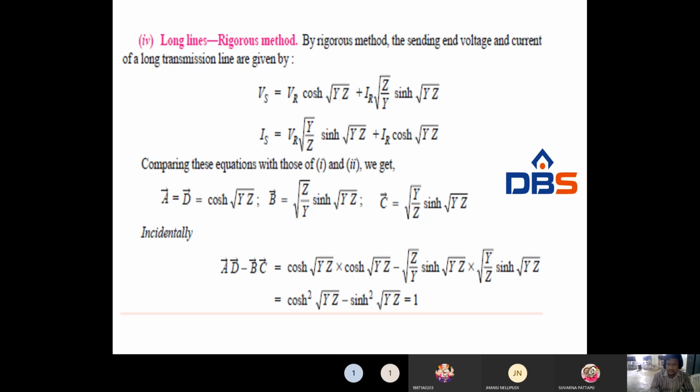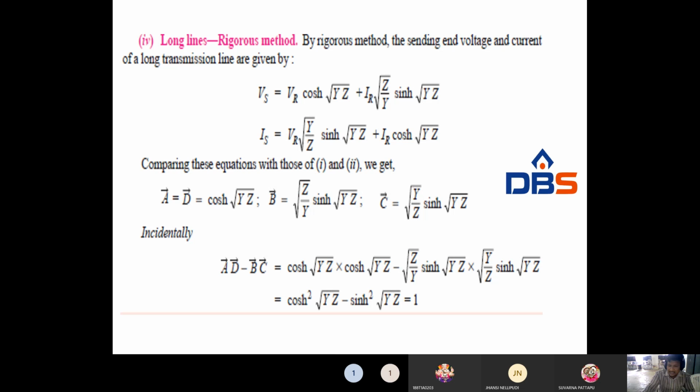A is equal to D is equal to cos H root YZ, B is equal to root Z by Y sin H root YZ, C is equal to root Y by Z sin H root YZ, right? A is equal to D, it is also symmetric. Now AD minus BC equal to, this is also symmetric. Why? Because cos H root YZ